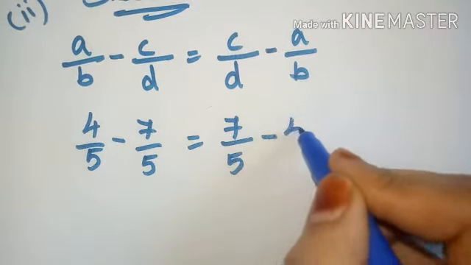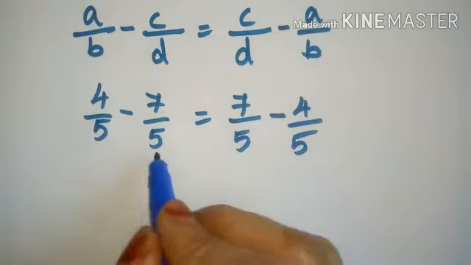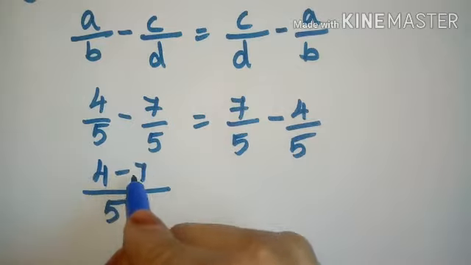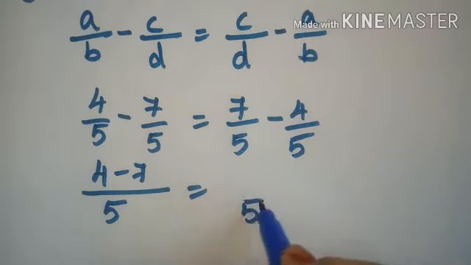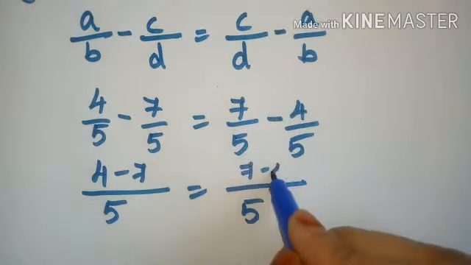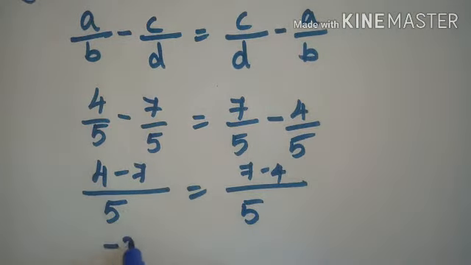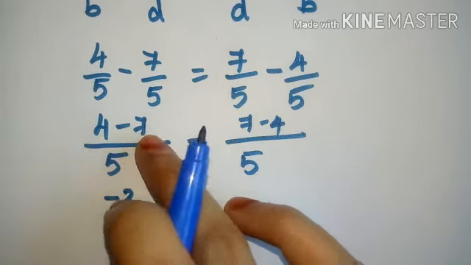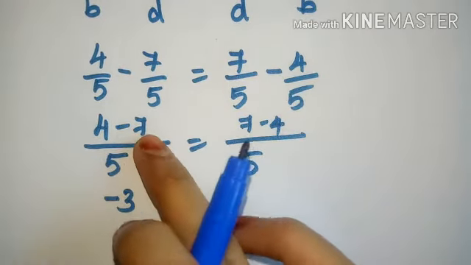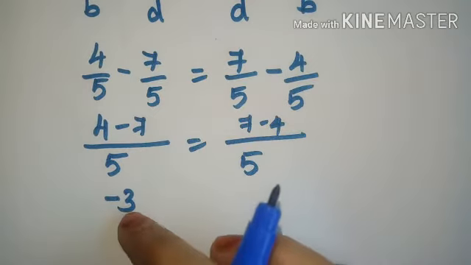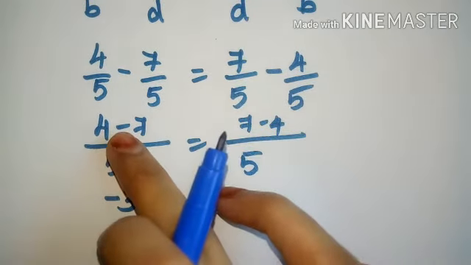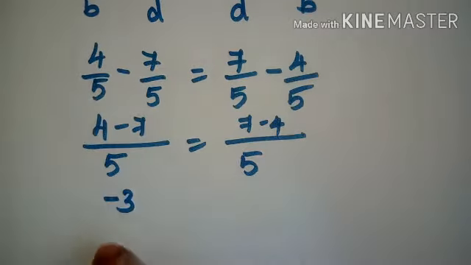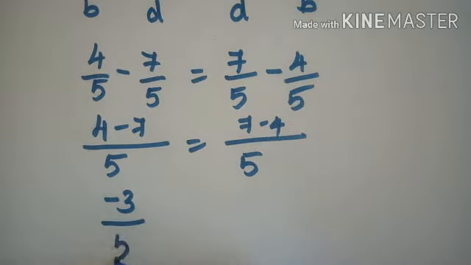On the right side we write the first term, because the C by D value we have got is 7 by 5: 7 by 5 minus 4 by 5. The denominator 5 is the same, so write denominator 5. On the left, 4 minus 7 is minus 3. One term is positive and one term is negative. In this format we have to do the subtraction: 7 minus 4 is 3. After subtracting we have to write the symbol of the greater number. 7 is the greater number, so the symbol is minus. So we write minus 3 by 5.